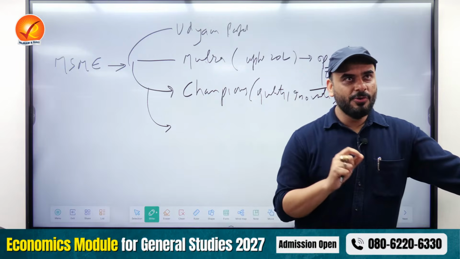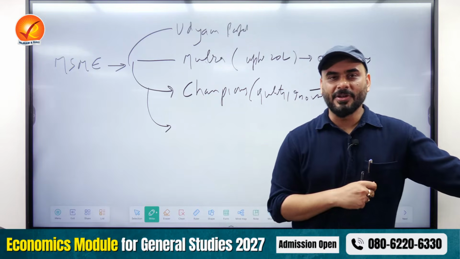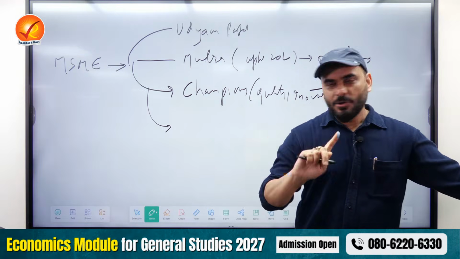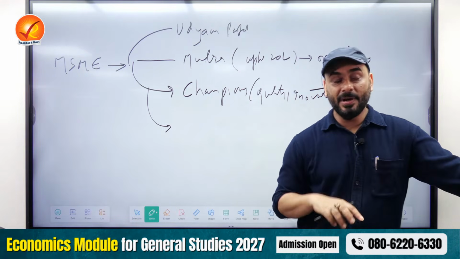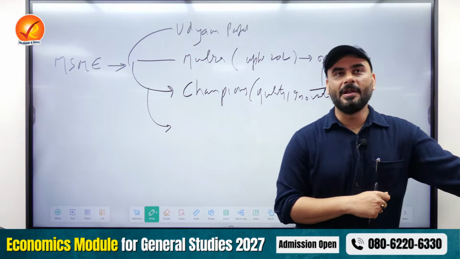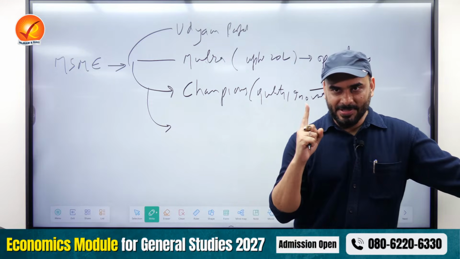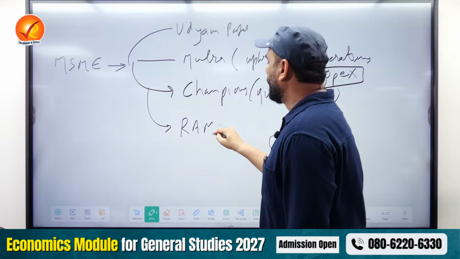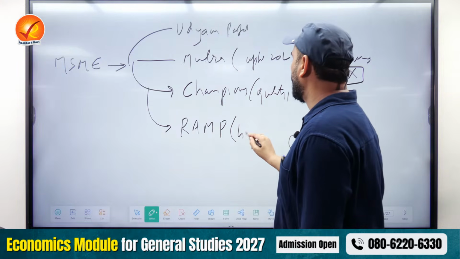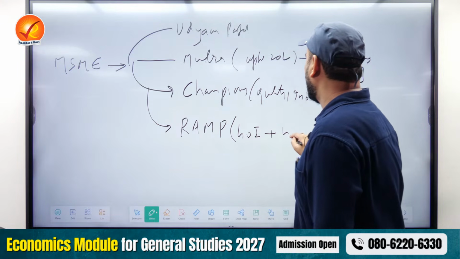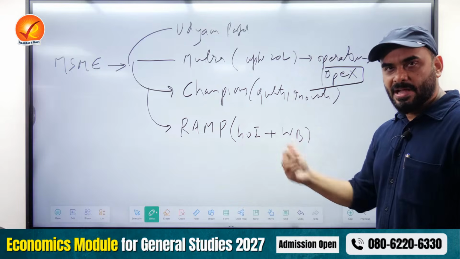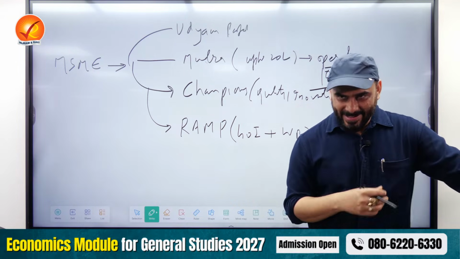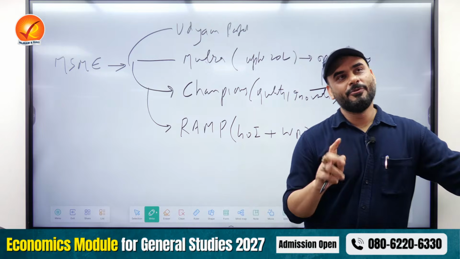I also want to use more of renewable energy in my factory. There are certain wastes in my factory which are called byproducts, which I don't want to throw. I want to reuse them. But I don't have the technology. Who will help me? Somebody with international experience. So Government of India has become partner with World Bank to start a scheme called RAMP, where GOI, Government of India, plus World Bank are a partner who are helping MSMEs for international exposure, branding, marketing, for waste recycling